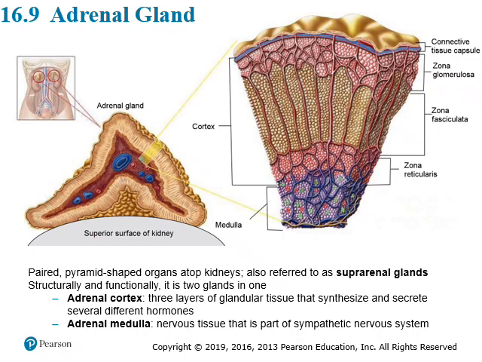You have two kidneys, and on top of it is the adrenal gland, which serves as sort of a cap. And the adrenal gland is paired because each kidney has one adrenal gland on its top. It's pyramid shaped, sitting on top of each kidney, and is referred to as the suprarenal gland, structurally and functionally